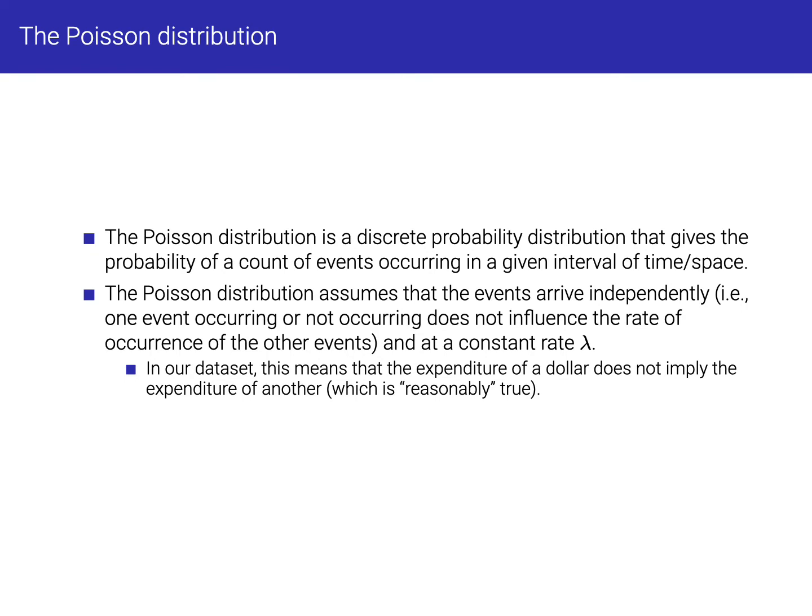So the Poisson distribution assumes that the events arrive independently, which is something we're going to assume here, which may not be completely correct, in fact, in this data set, but we're going to still assume it. So the events arrive independently. This means that in this case, if we think of our outcome variable, expenditure in education, we're assuming that every dollar spent is independent from the next, or any other. That's an important assumption,